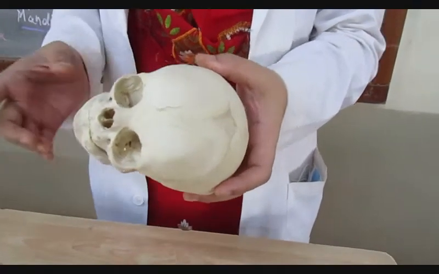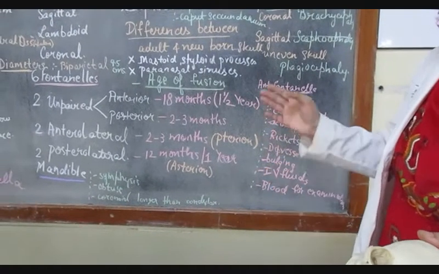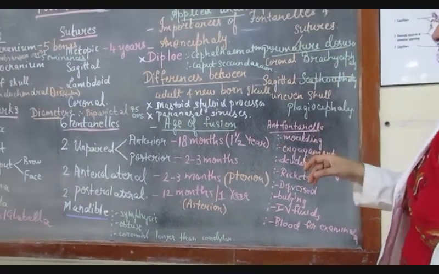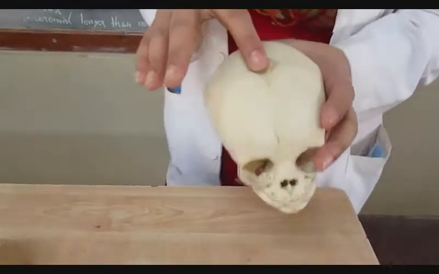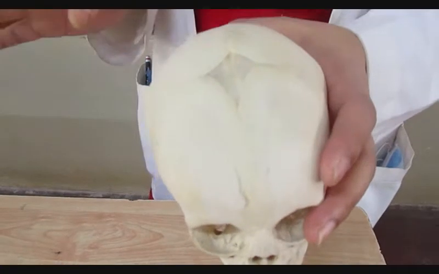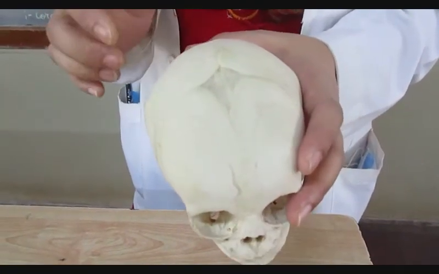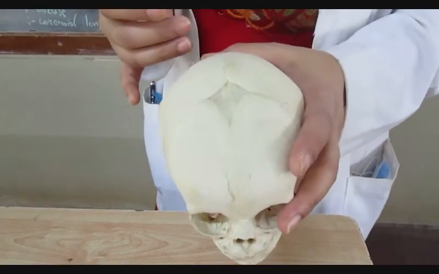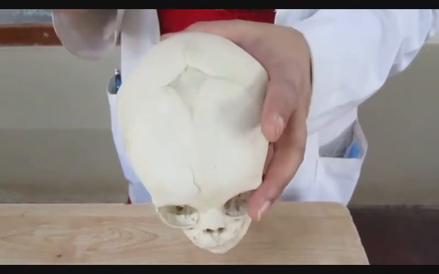Then we'll go to, I've covered the importance of fontanelles and sutures. Now suppose the sutures are prematurely closed. Premature closure of the sagittal suture will lead to a narrow head. The antero-posterior diameter is longer and the skull will be very narrow. That is called scaphocephaly.